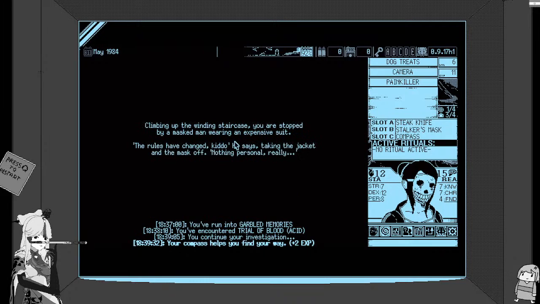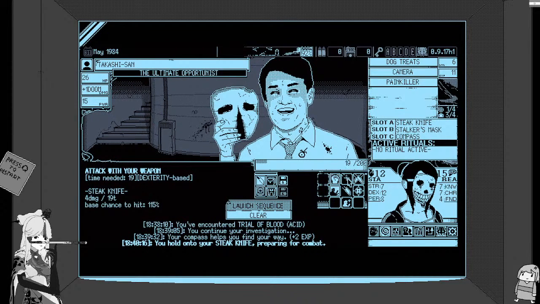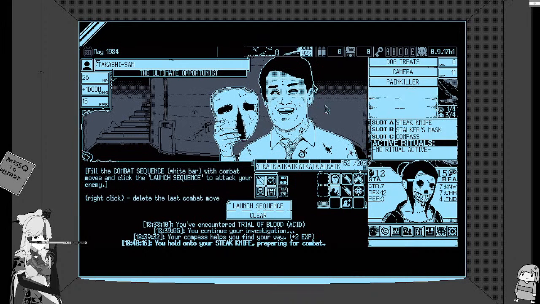Climbing up the staircase, you're stopped by a man wearing an expensive suit. The rules have changed, kiddo, he says, taking the jacket off and the mask off. Nothing personal, really. Takashi-san, the ultimate opportunist. I really can't afford to lose any more Doom, so...